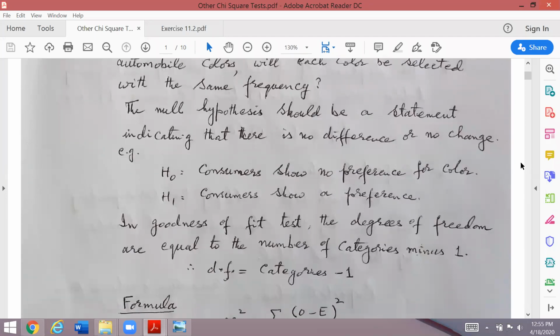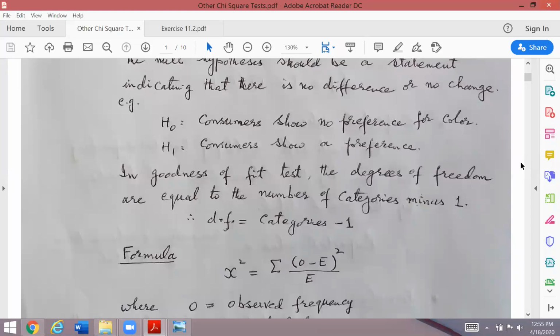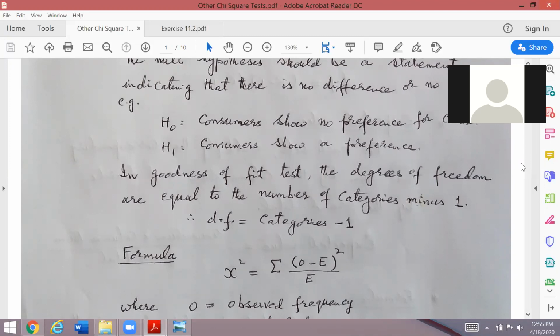The CV you will be finding from the chi-square distribution, the value of alpha against the degree of freedom. And I told you one thing more, that in all problems you'll be facing in the goodness of fit test, and the next topic which I'm going to cover right now, that is the test of independence, every problem will be a right tail problem. You won't be having any left tail.